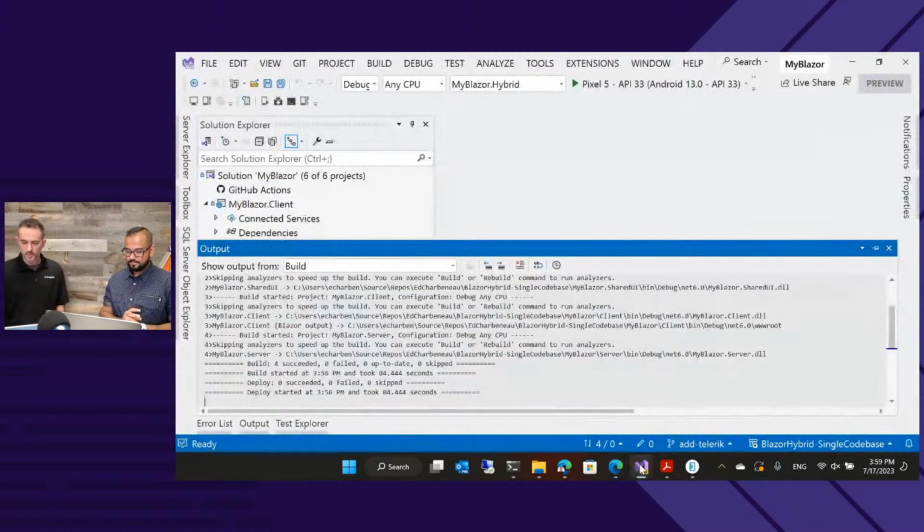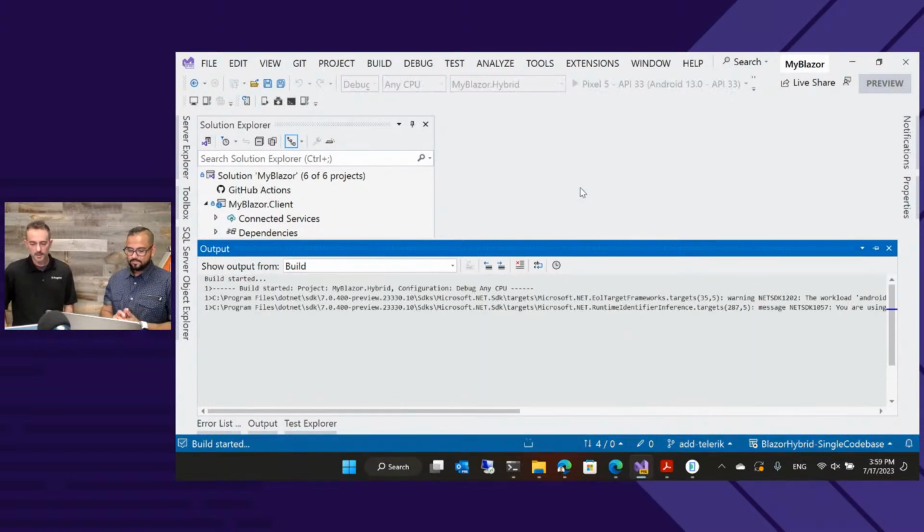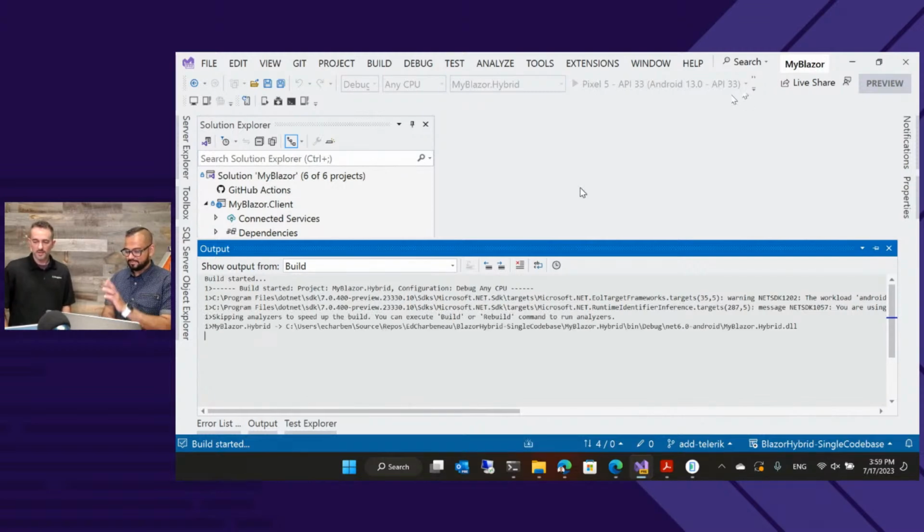Let's try to run this on mobile, and we'll take a look at that view on mobile as well. So get this one up and running, and you hit debug, not just build without debugging. So it might take a quick second. It's going to launch up all the symbols and everything. It's going to load that up.